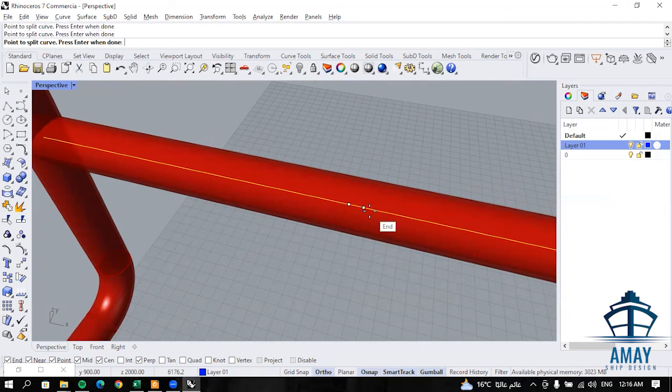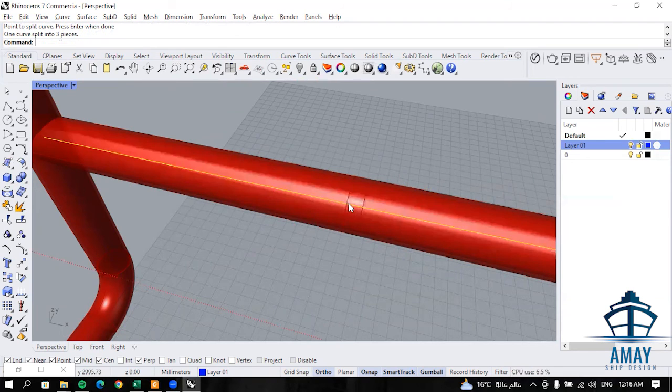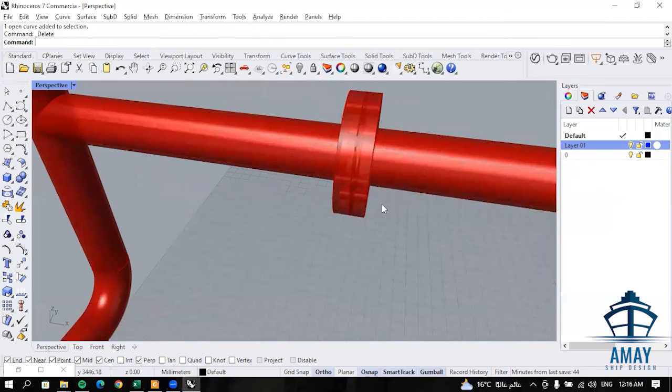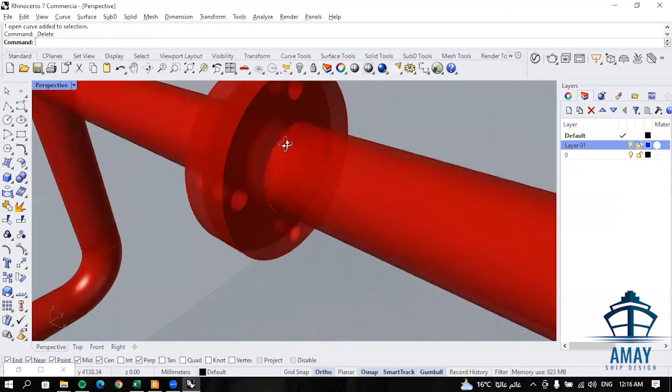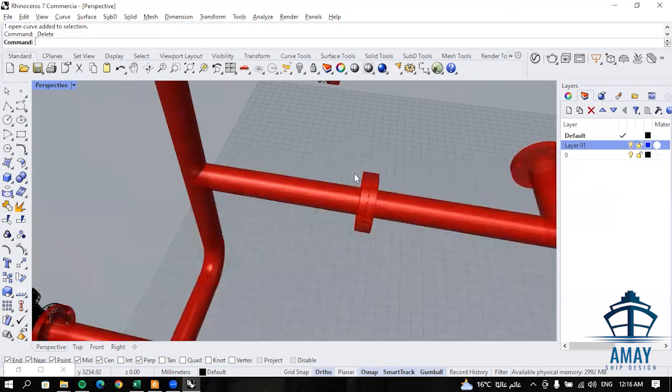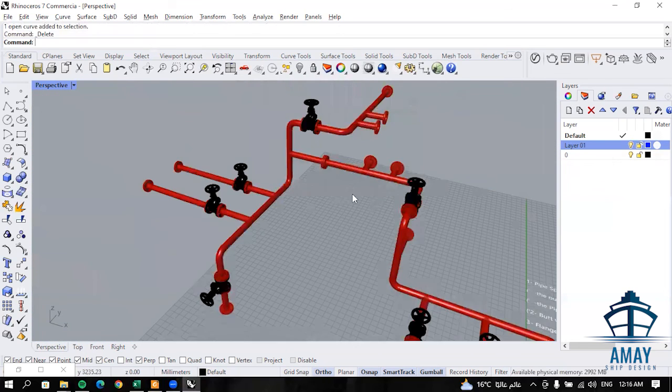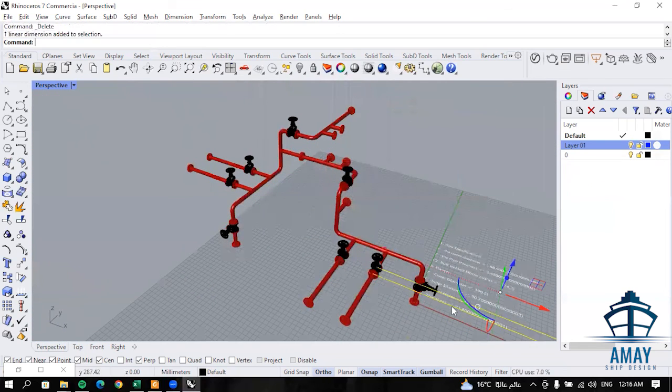And the end of these two of this line, and then I'm going to delete that. And here we go, the flanges have been made. So that is the